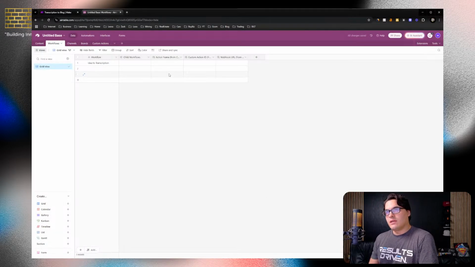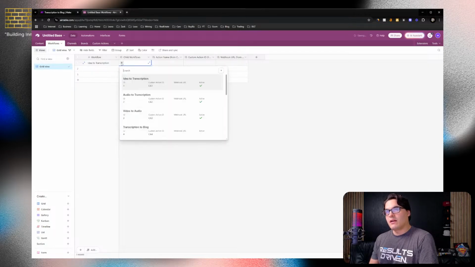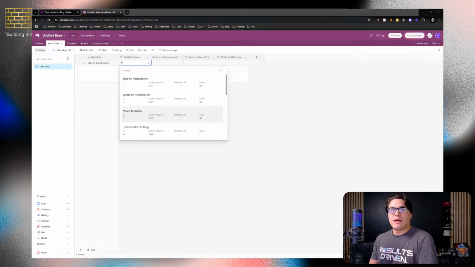And so as you can see now, there's 3 plus the original child workflows. And if I click on child workflow, you're going to see all of the custom actions that we have over here are now going to populate, right? And so that's kind of the idea behind this, right? And then